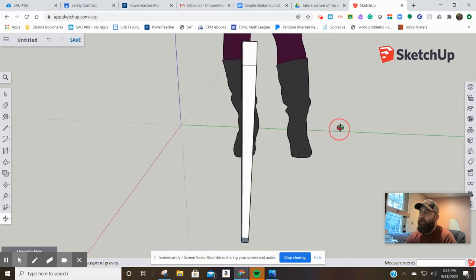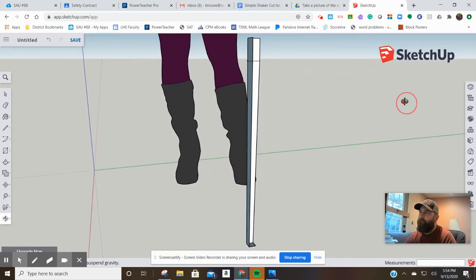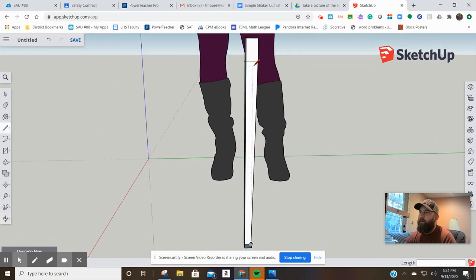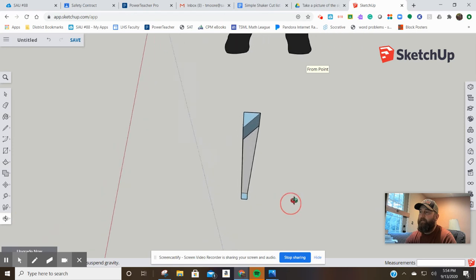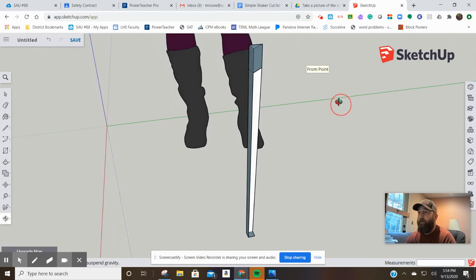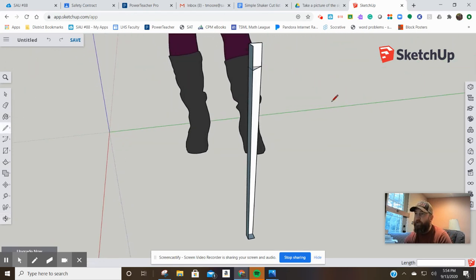So we're going to come to this side. I'm going to click on this endpoint. I'm going to click. I'm going to make sure that it's green. I'm going to click. I'm going to do the same thing up here. I'm going to click. Click. And now I have another shape. Now see, this happens all the time in SketchUp. That got messed up, and it did something that I did not want it to do. So I'm going to have to Control Z,